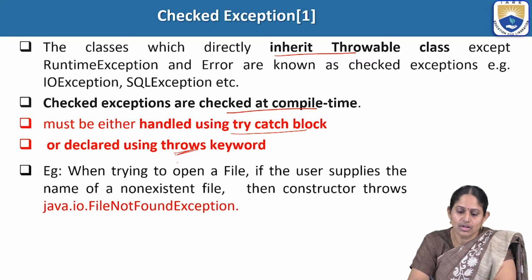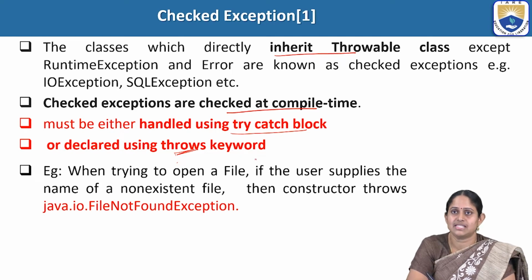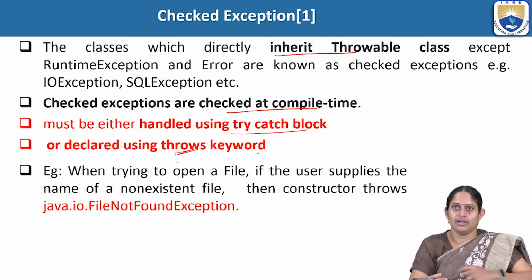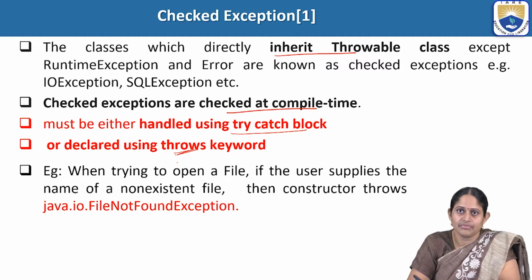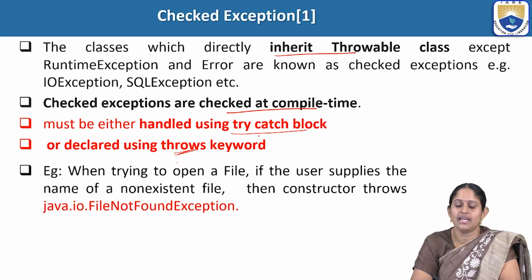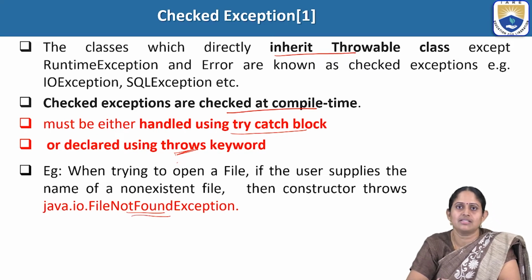And if you don't perform these things, then the compiler may throw an error. A compile time error will be displayed. So any checked exception should be handled using the try-catch block or using the throws keyword. An example is FileNotFoundException, when we are trying to access a file which does not